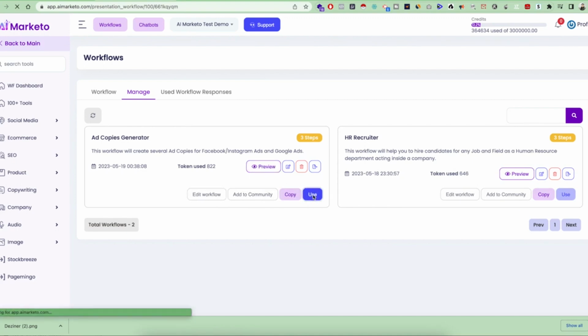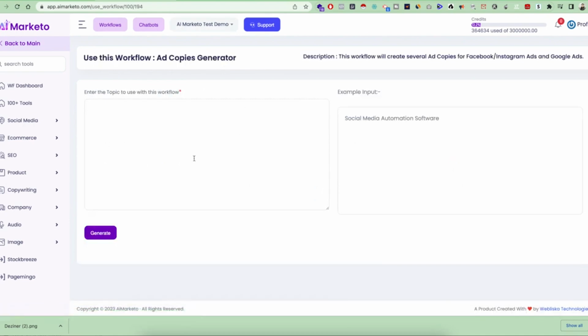So just click on use, and now it is asking you what kind of input you want to give so that it can generate ad copies for you. So for example, I own a hosting brand which is called Host Legends. So I'm going to give it an input something like: Host Legends is a shared hosting, VPS and dedicated server provider, and we provide hosting services worldwide, right? So this is my example input,